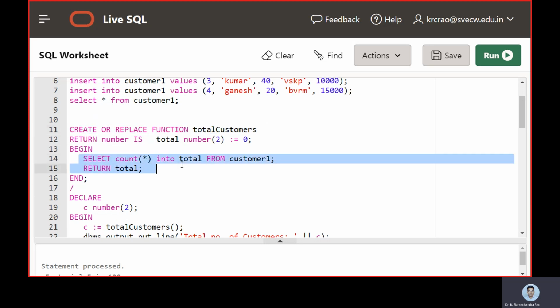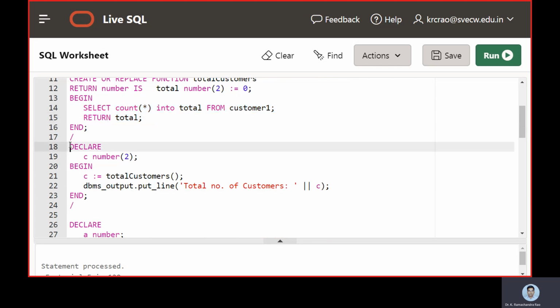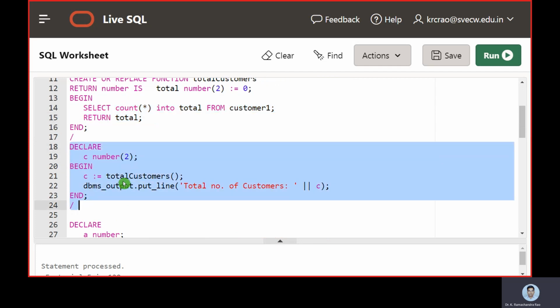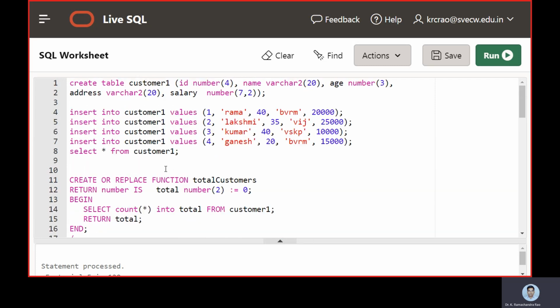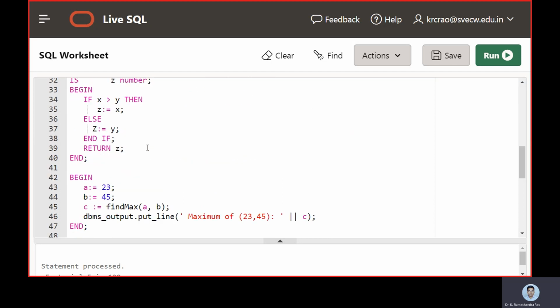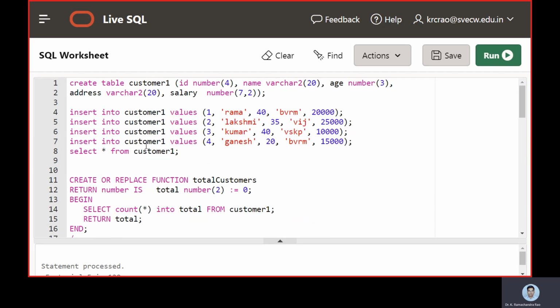There we were using the DML commands, etc. Then we used the main body, made the function call, and from that we operated on the database table. So that is how it went with the functions.